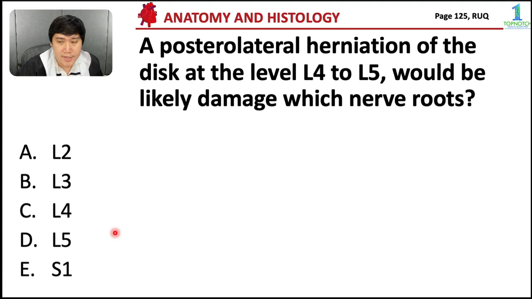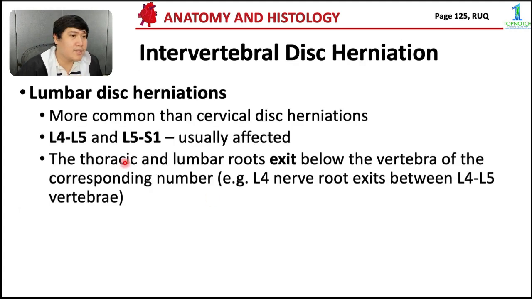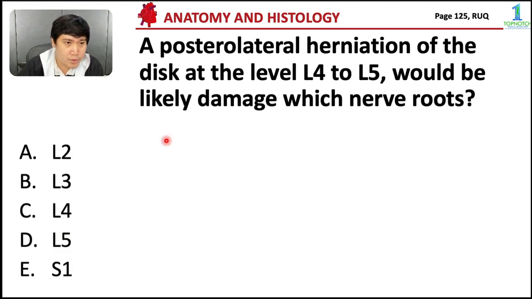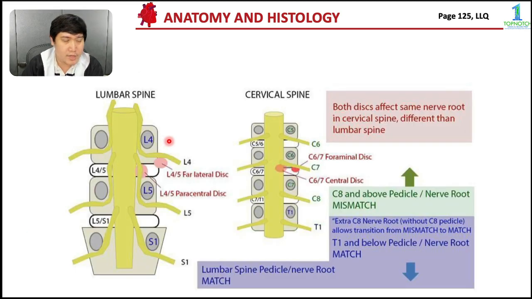So, the answer here is L5, no? Lumbar disc herniation is more common than cervical disc herniation. L4-L5 and L5-S1 are the ones usually affected, no? Because L4-L5 is the most mobile, and L5-S1 is the junction. Okay? So, what happens? As you see here,